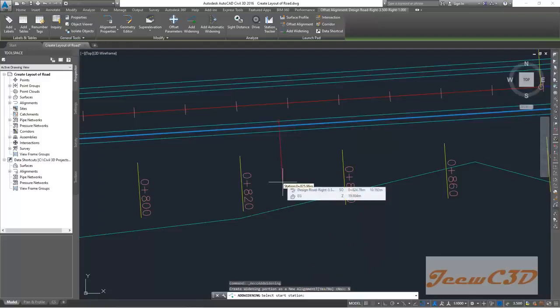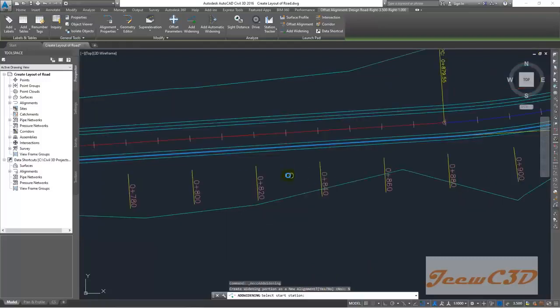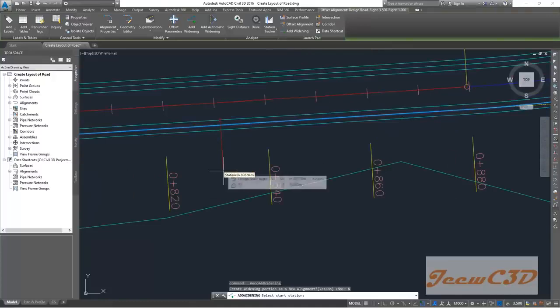So the full width of the widening will be started after 18 meters. That means from 820 after 18 meters means 838. So I type 838 here. So that is where my full width starts,